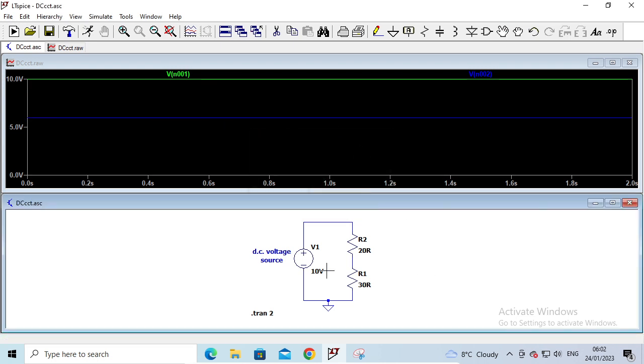So we've got the voltage across R1 is shown in blue there, that's 6 volts, and then the full supply voltage is 10 volts. So those are basically the results that we're expecting to get when we do the same analysis in